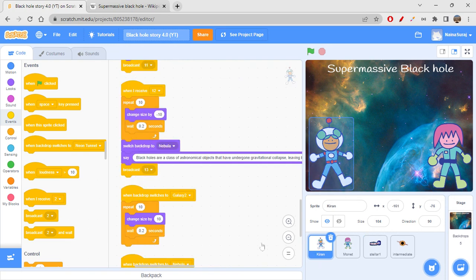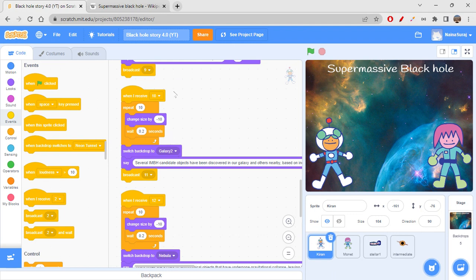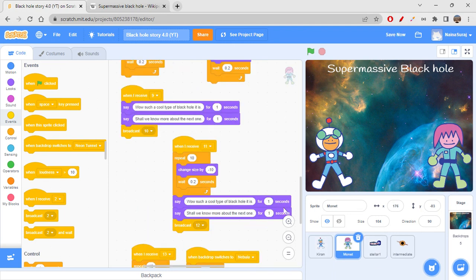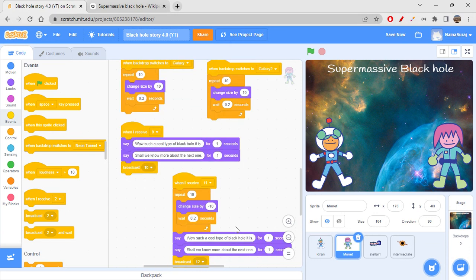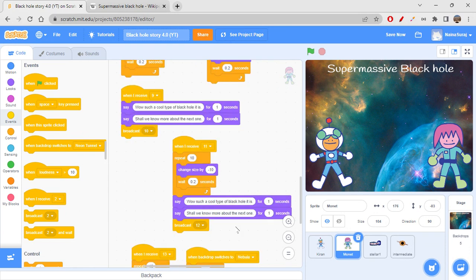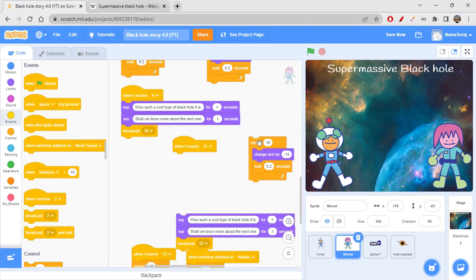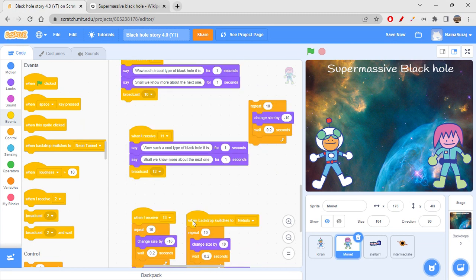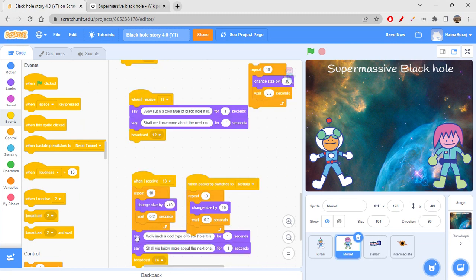Then let's check Kiran, basically when is he decreasing size? When I receive 12, he's decreasing size, right? And also when I receive 10, he's decreasing size. So when I receive 10,